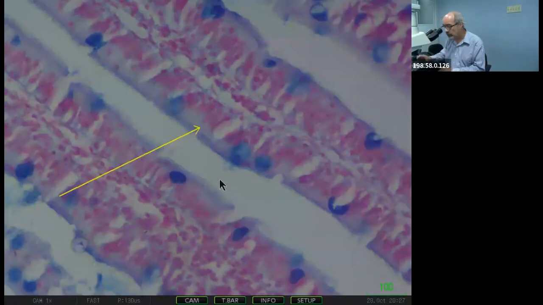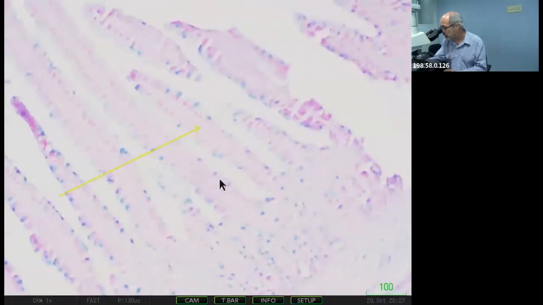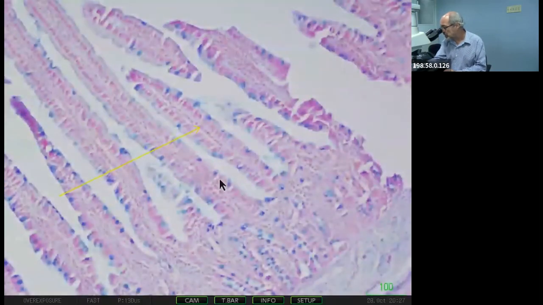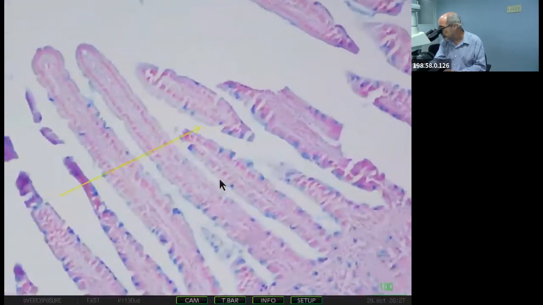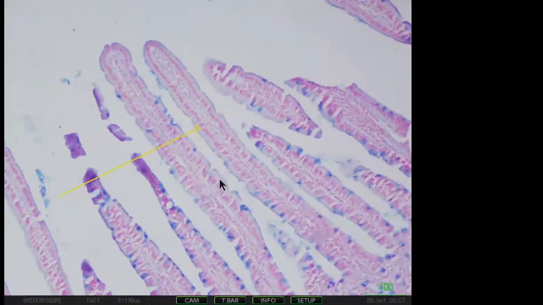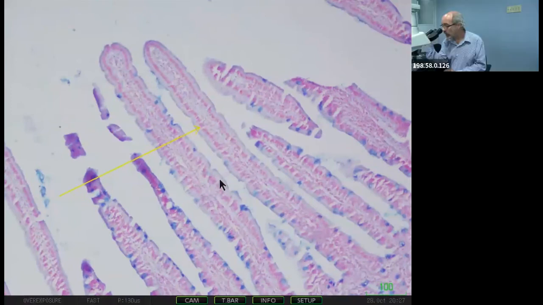So which organ do you think that is? Where can you find your simple columnar epithelium? In which structure? Intestines. Yeah, intestine is good. In a general way, you can say gastrointestinal tract. In this case, it will be jejunum, part of your small intestine. Okay, one or two more.